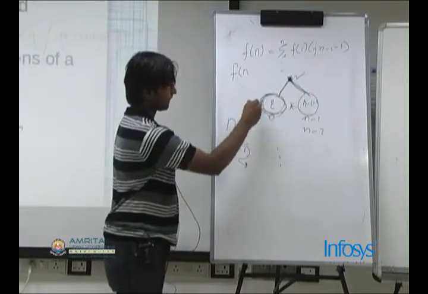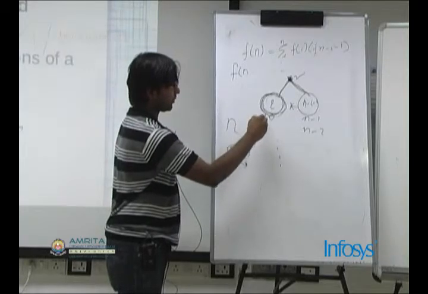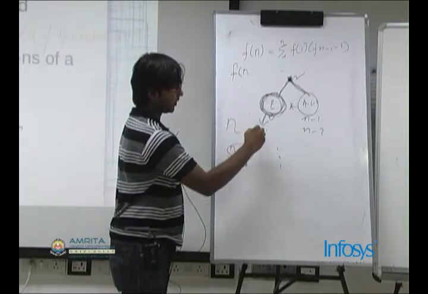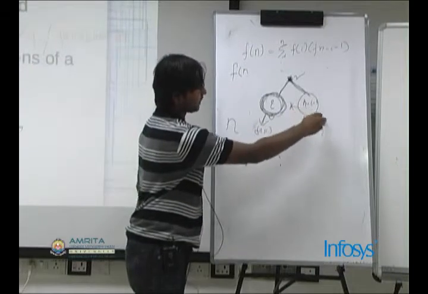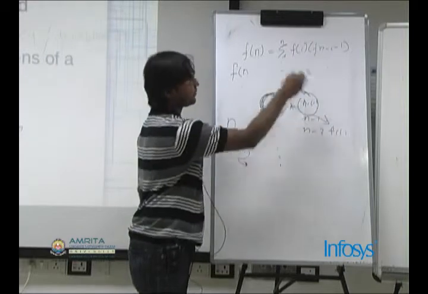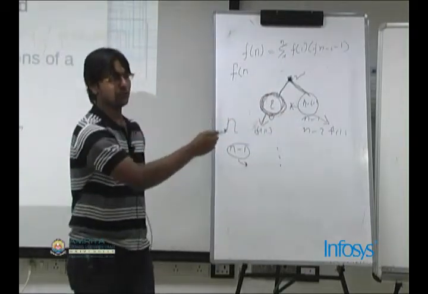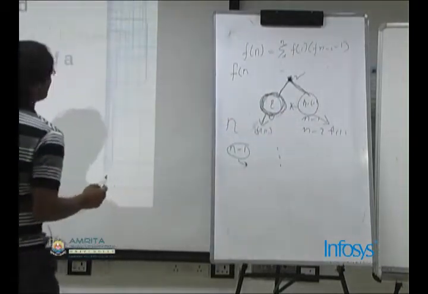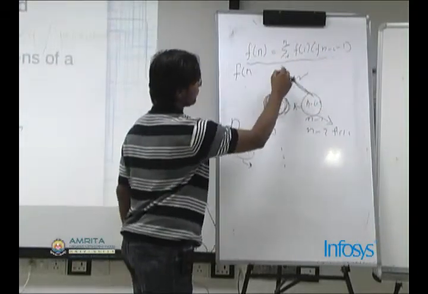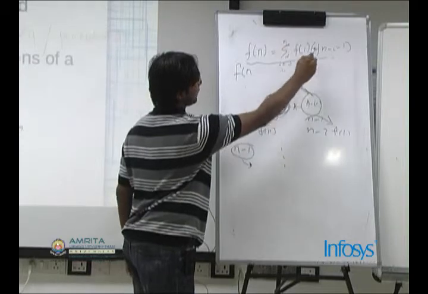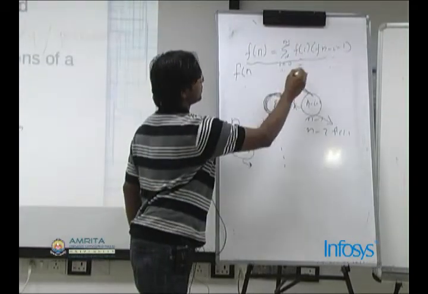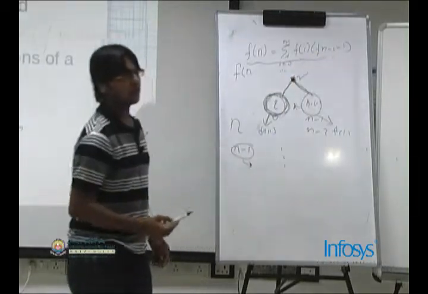Like you can consider any of the Fi solutions at this point, and any of the F(n minus i minus 1) solutions on this side, and that will give you another new unique solution. So ultimately the problem reduces into a recurrence: Fn is equal to the summation of i equal to 0 to n, Fi into F(n minus i minus 1).